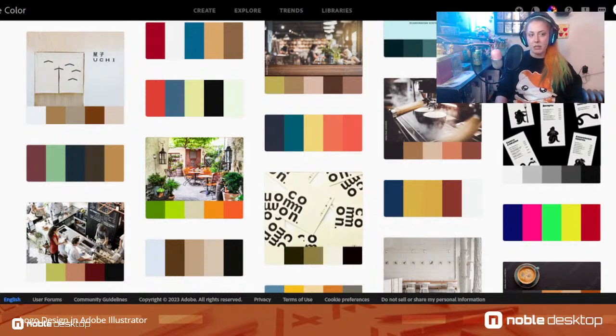I think I searched on Adobe Color here. I searched coffee shop just to see a variety of different color palettes that were coming up for coffee shops. So that's why you're seeing these different coffee photos. And what's really great about Adobe Color, which is